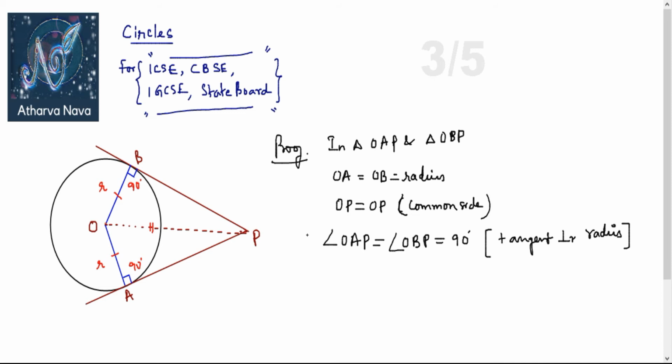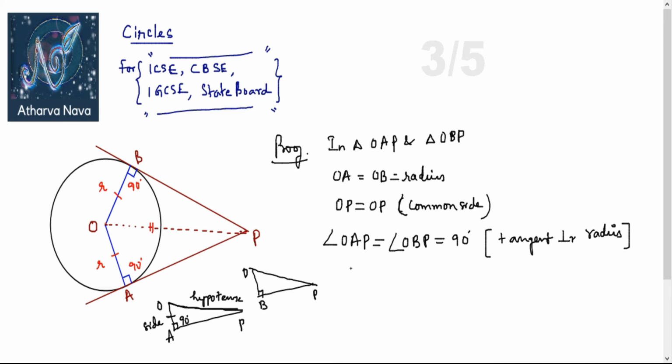Okay. Because of all the three reasons, one side, that's the radius. Radius is one side. OP is acting like the hypotenuse for the right angle. Isn't it a right angle triangle? You can observe carefully that this is a right angle triangle OAP. Similarly, OBP. If you just turn it around, you can see that OBP is also a right angle triangle, isn't it? And for this, OP is my largest side, which is called the hypotenuse. OA is one of the sides. And OP is acting as the hypotenuse. And this is 90 degrees.